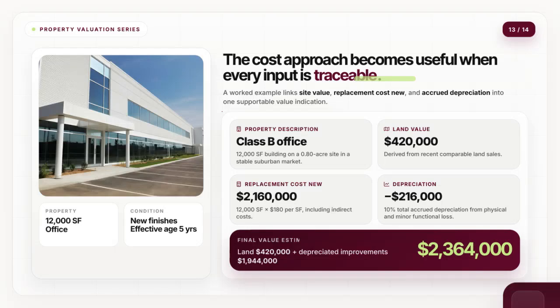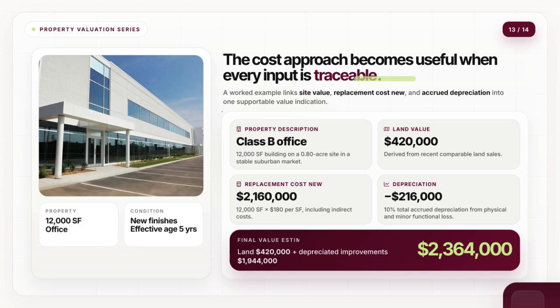Here, we're looking at how the cost approach is applied in a practical example. This approach really shines when every input can be clearly traced and supported. We have a Class B office property that's 12,000 square feet, located on a 0.80 acre site in a stable suburban market. The building is in good condition with new finishes and an effective age of just 5 years, which suggests minimal depreciation. Starting with the land value, we've determined it at $420,000 based on recent sales of comparable land